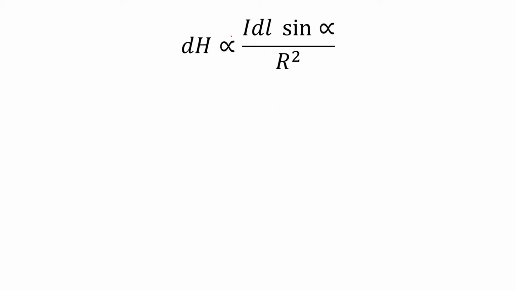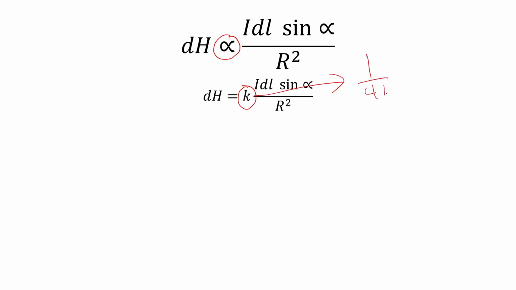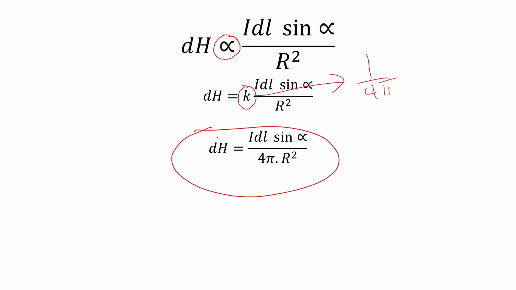To remove this proportionality, I use a proportionality constant. dH is equal to k Idl sine alpha by r square. For SI units, the value of k is found to be 1 by 4 pi. So dH equals Idl sine alpha by 4 pi r square. This entire thing discusses the magnitude of the magnetic field intensity,